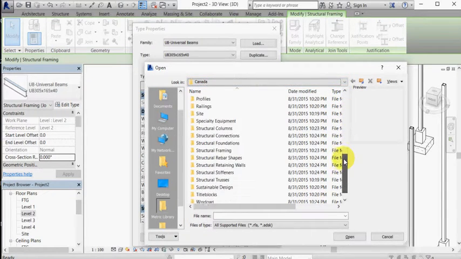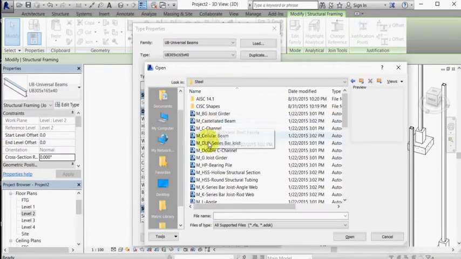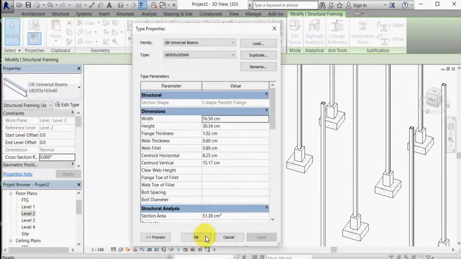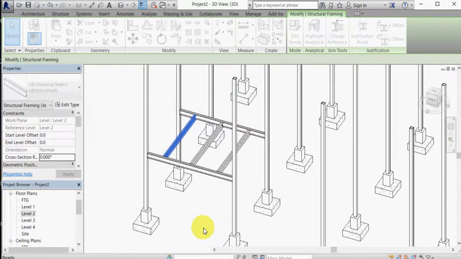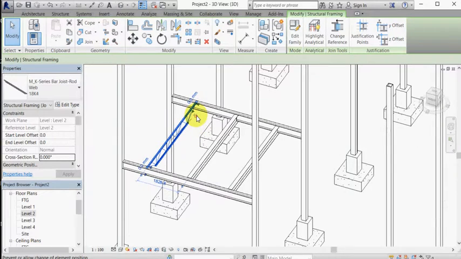So in libraries you have to find structural framing library, and you're looking for steel, and look for MK series joist rod web. So this one, for example. Open it and look for, let's say, 16 inch, so something in that range, 457 by 10.7. So first one is replaced, repin it,